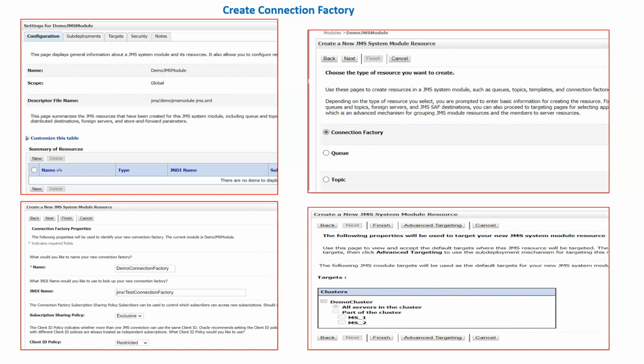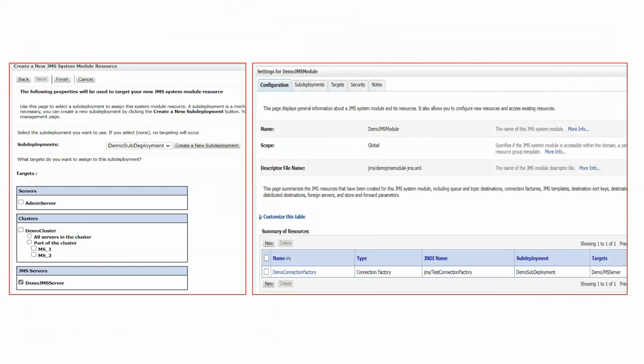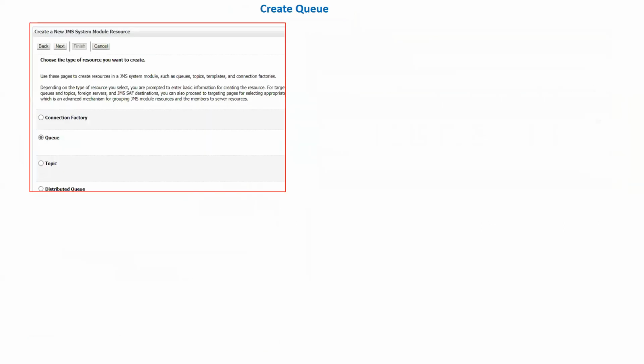After that, you have to click on advanced targeting because we want to target our connection factory to my JMS sub deployment, right? So click on advanced targeting and then select your sub deployment, and then it will automatically select the JMS servers for you. So you can see that your connection factory is ready. Next I am going to